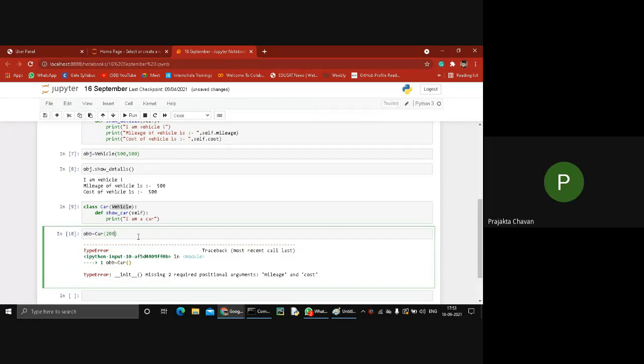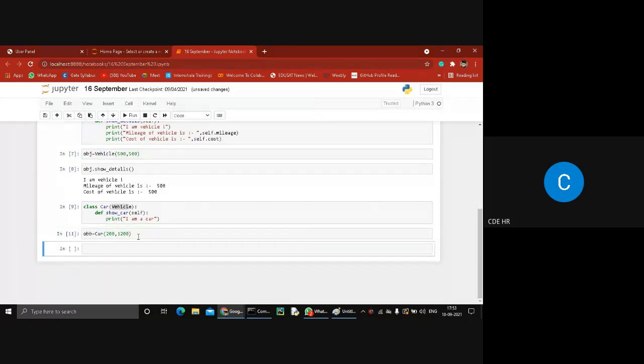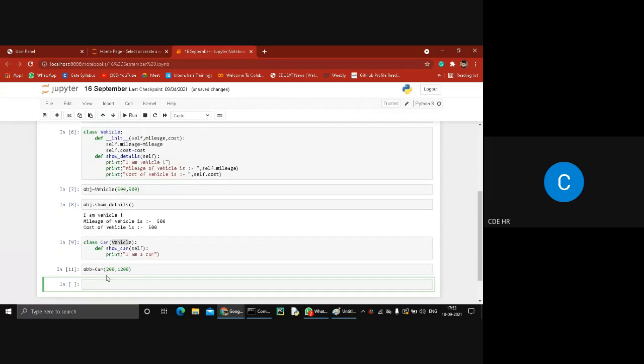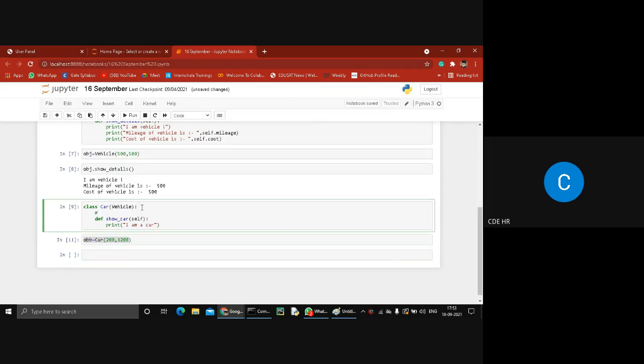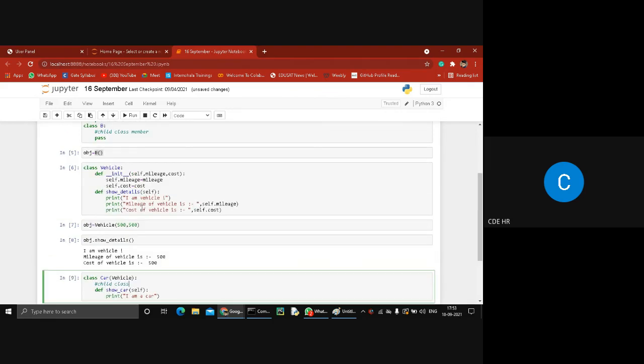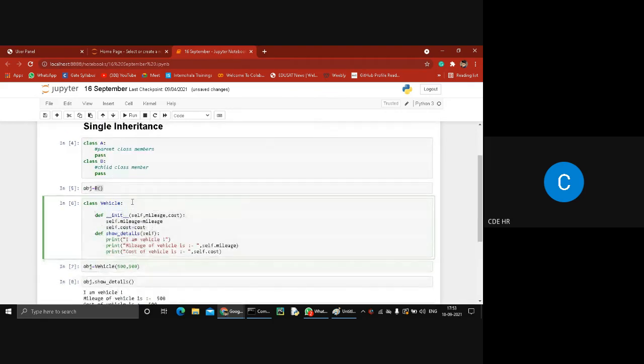We passed 200 and 12. Now we have successfully created the object of this class Car. So this is my child class, and this is my parent class.